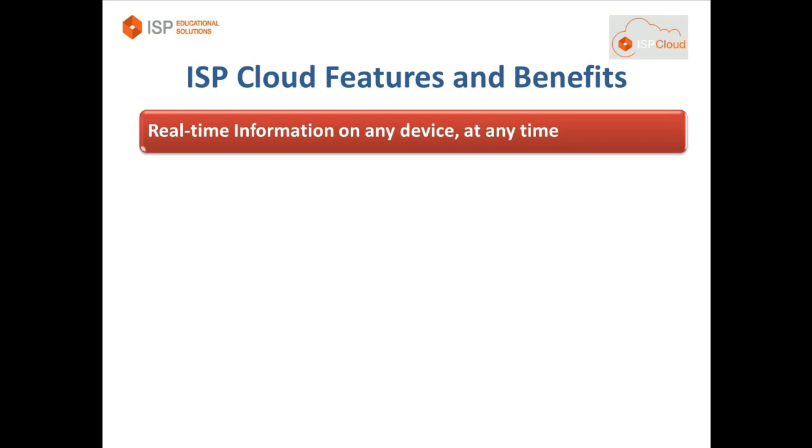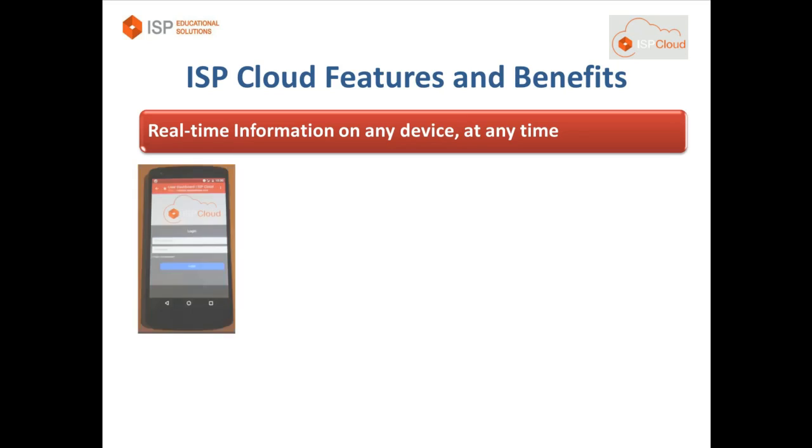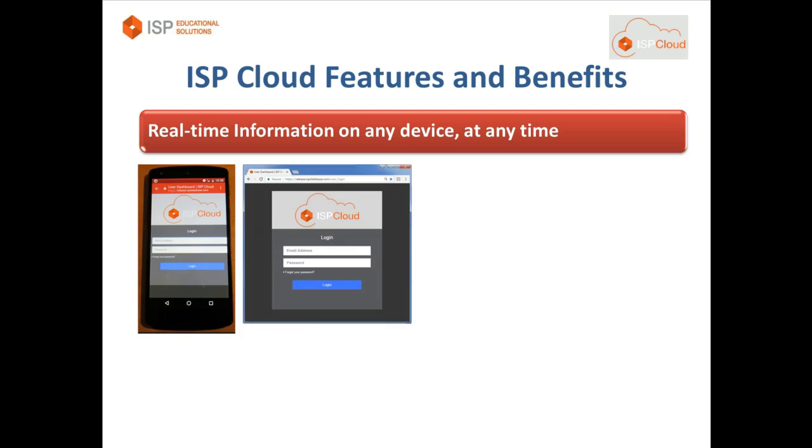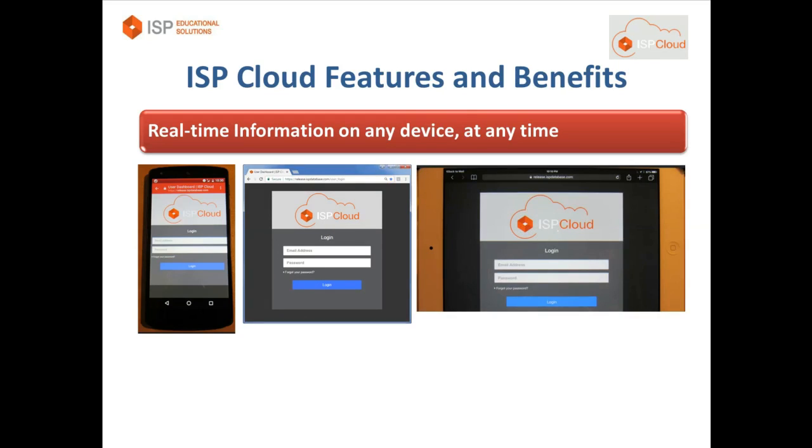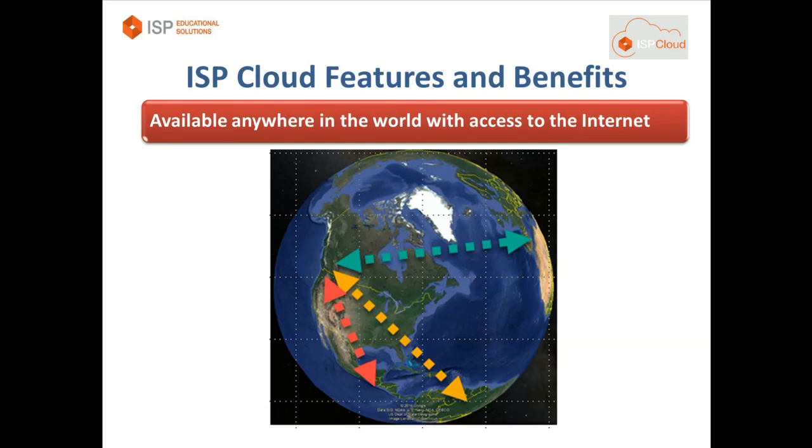One very important feature is its ability to have real-time information available on any device at any time. That device could be a mobile phone, it could be a laptop running Windows or an Apple operating system, it could also be a tablet. Also, it's available anywhere in the world as long as you have access to the internet. That could be at home on a weekend if you want to get some urgent information about a homestay placement, or if you're about to meet with an agent and you'd like to know how many students were recruited by